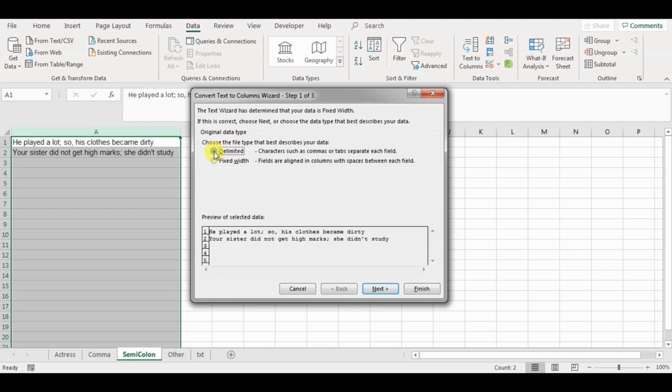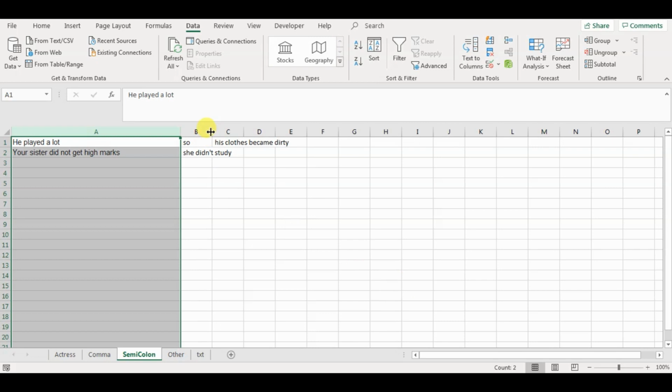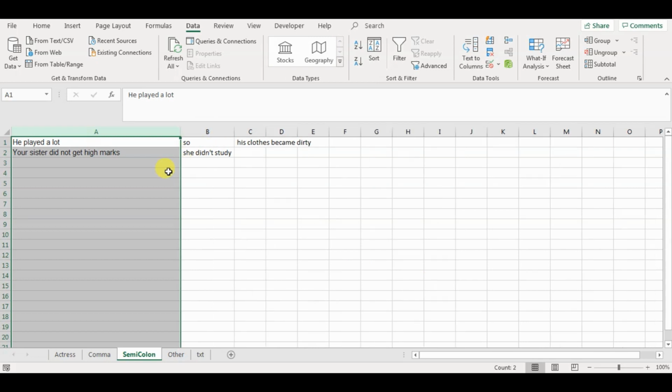Now press delimited, next. Since we want to split the text on the basis of both semicolon as well as comma together, we're going to use semicolon as well as comma. And you can see the preview. The moment I take comma out, the text appears to be in the same column. But the moment I select comma, it divides into different columns. Press finish. And you can see the text has been divided on the basis of semicolon as well as comma into different columns.